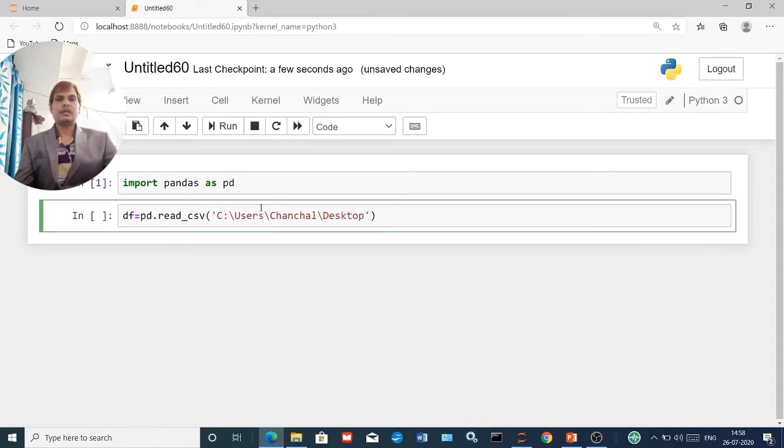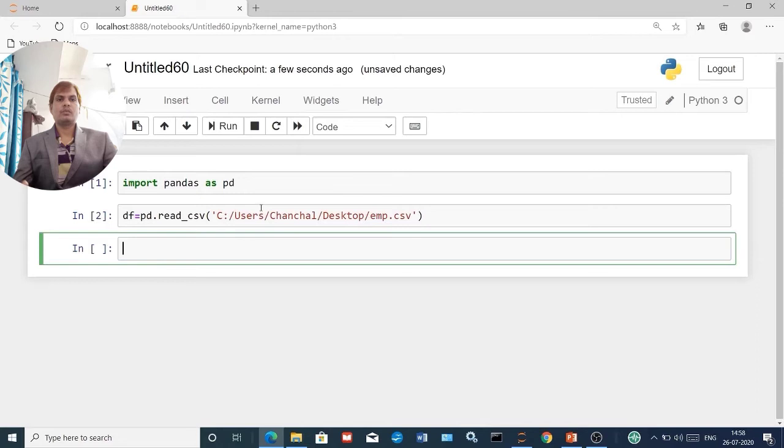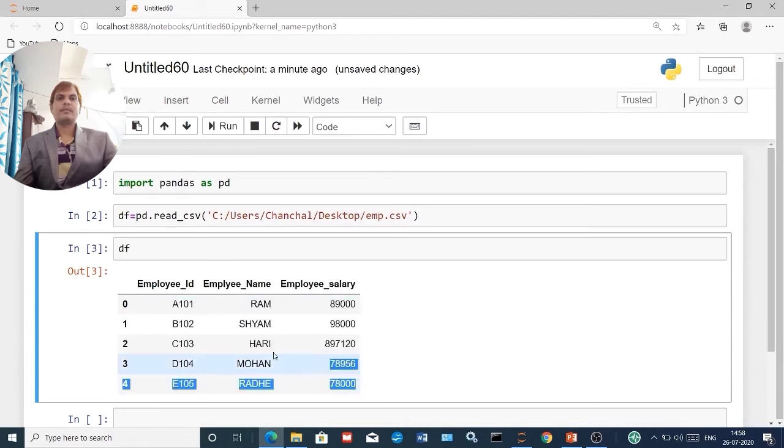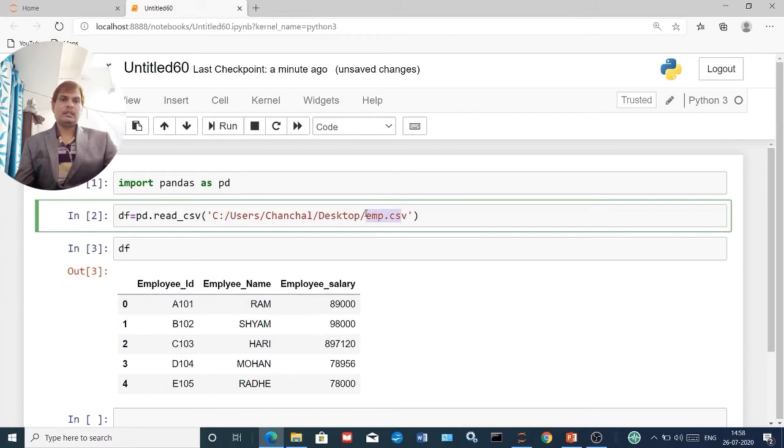The location, as I copied just now, I have pasted here. The file name emp.csv, and convert the slashes into backward slashes. Right, now print it. Yes, you can see that all the data we copied from the CSV file is available here.